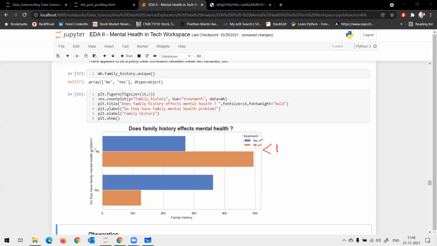Do they have a family health problem? The answer is no. If I see the ratio from the treatment point of view, it is less than 1, whereas here the ratio is greater than 1. I think the ratio here would be around 3, because your no is almost 1/3 of your yes. Are you with me? Yes. Samantha, are you with me? Yes, sir.